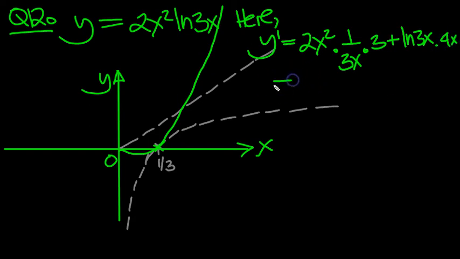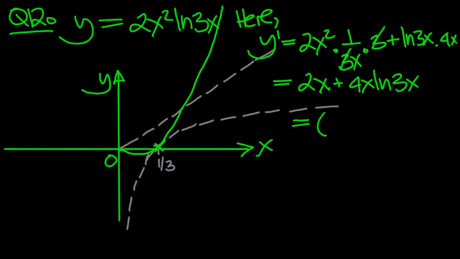So let's just simplify that then. Equals, now one of the x's will cancel, the 3 will cancel, we'll just get 2x here, plus 4x ln 3x, and that's equal to then, let's take the 2x outside the bracket, and it's 1 plus 2 ln 3x,